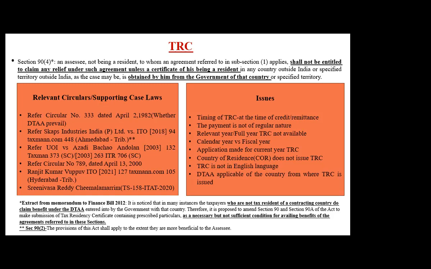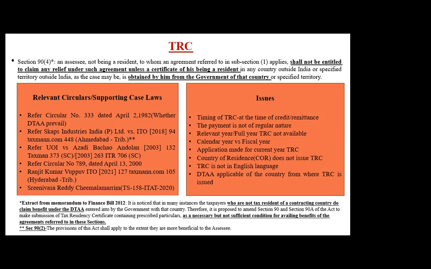Now the payment may not be of a regular nature. We have two types of cases: group companies where regular payments are going, and payments which are not regular in nature. Generally with group companies, we know that TRC will come in 2 or 3 months. We already have TRCs of the previous year, and we also have the applications filed with the respective jurisdictions. So in that case, we can take a conservative view and issue a certificate. No harm. Of course, the law is very stringent, but that view can be taken.